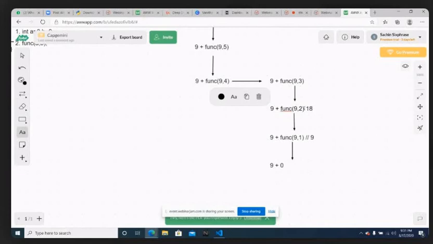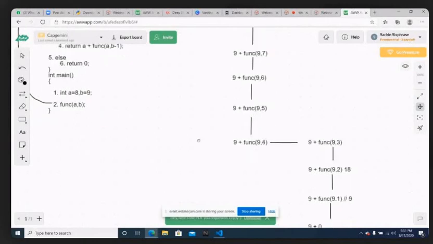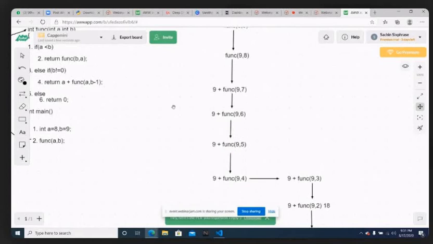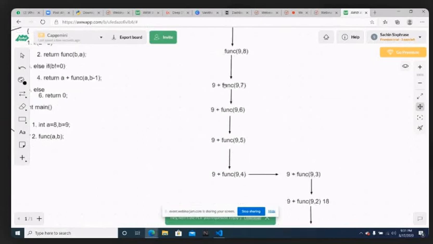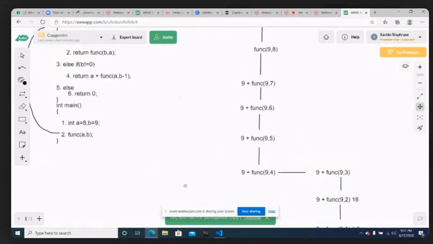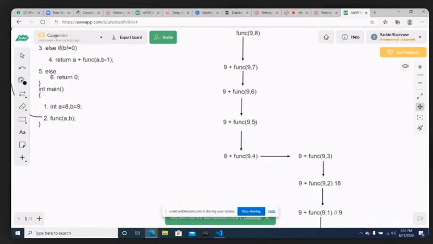Now I will tell you the importance of the return statement. What will the return statement be doing? The return statement carries the value along with it to each and every activation record. Where is an activation record? Func of 9, 9 is one activation record, func of 9, 8 is one activation record, func of 9, 7 is one. So each and every call is one activation record. But instead of starting from bottom to top, I am just mentioning from top to bottom. Whatever I have mentioned here is a tree structure. In the stack, I was explaining from bottom to top; here I am explaining from top to bottom.